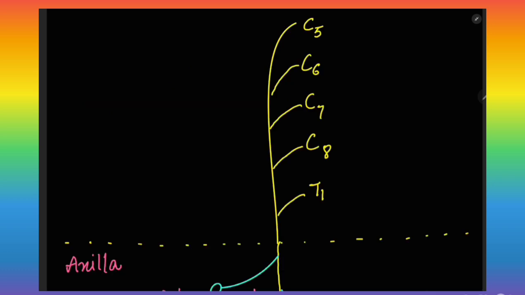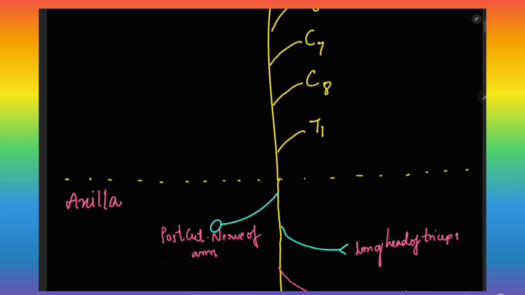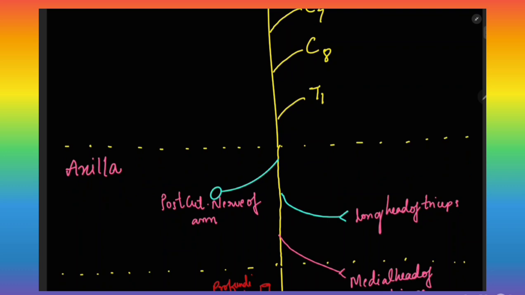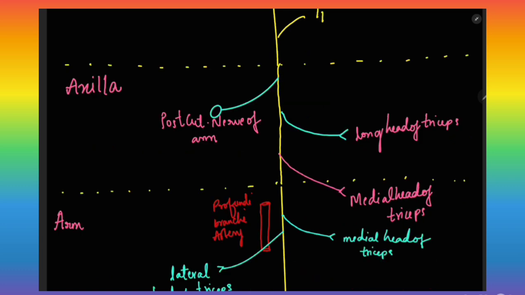Now let us learn how it passes through the upper limb. In the region of axilla, it lies posterior to the third part of axillary artery and it gives three main branches: posterior cutaneous nerve of arm, supplying the posterior part of arm, a branch for long head of triceps and a medial head of triceps. Then the nerve passes between the long head and medial head of triceps,